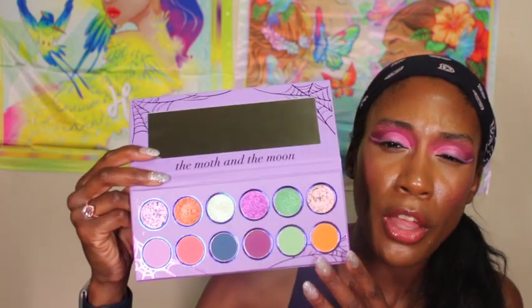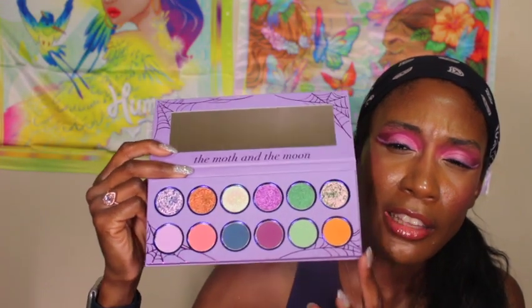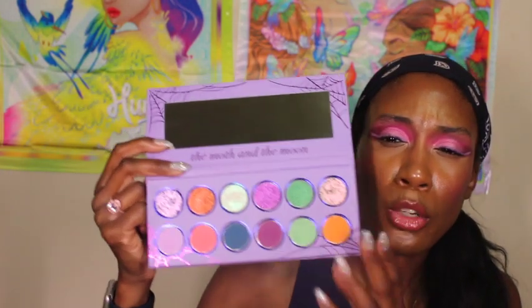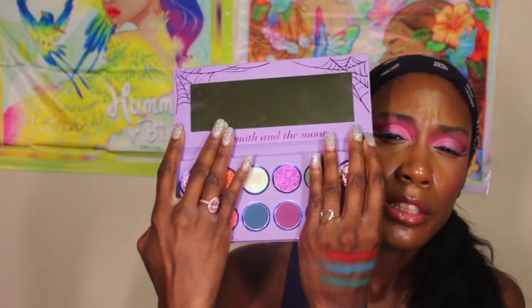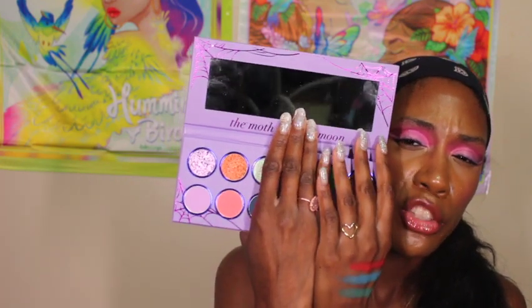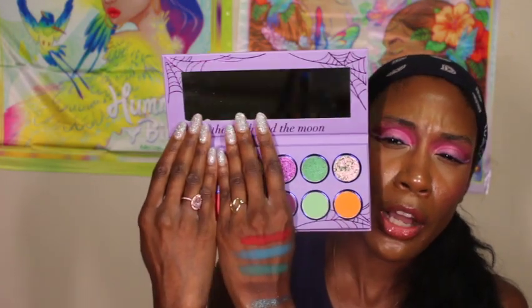So this is the Moth and the Moon, and this is what it looks like. The color story to me looks somewhat scattered a little bit, but I feel like if you look at it in quads, you'll be fine. So see, there's a quad of blue and purple. There's this kind of peachy-ish quad, and then you have the green and orange quad. So if you look at it in quads, it might be easier to understand and